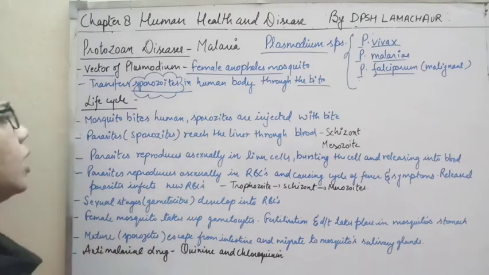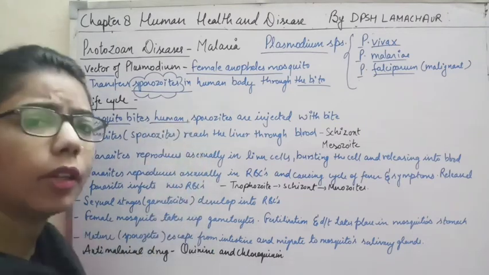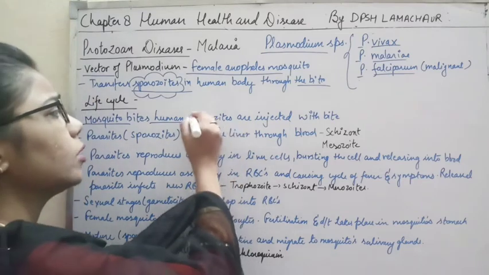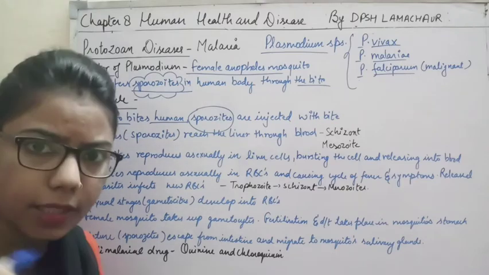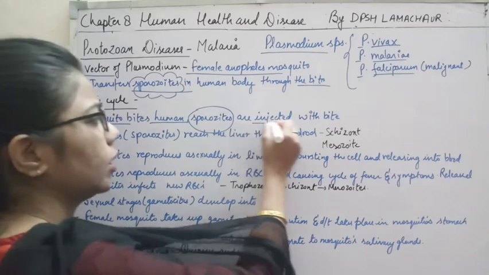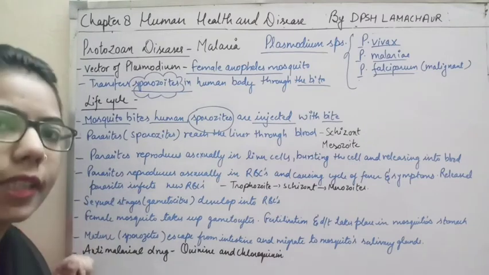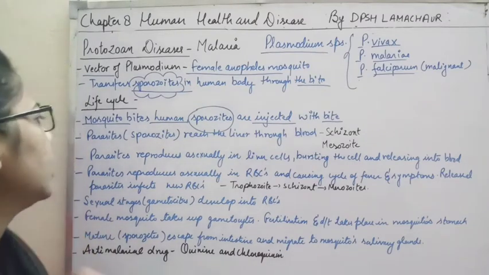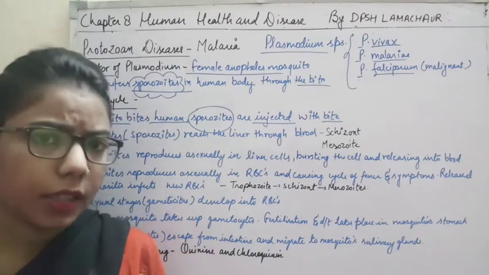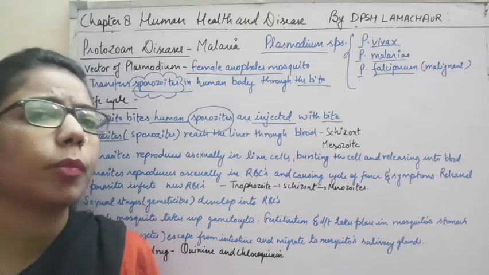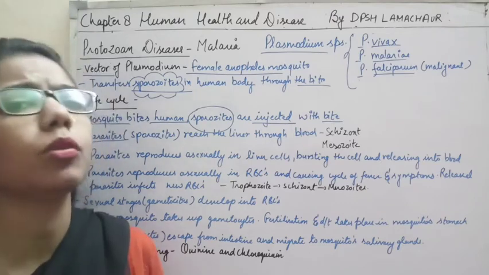First of all, this mosquito bites the human being, and while biting, it gives the sporozoite, because the sporozoite is present in the salivary gland of the mosquito. During that time, it injects the sporozoites with the bite. That is the first thing that happens here. Now, what happens next? As I said, what is a parasite? A parasite is present in organisms; it may be an ectoparasite or an endoparasite. This parasite takes nutrition and affects the person.